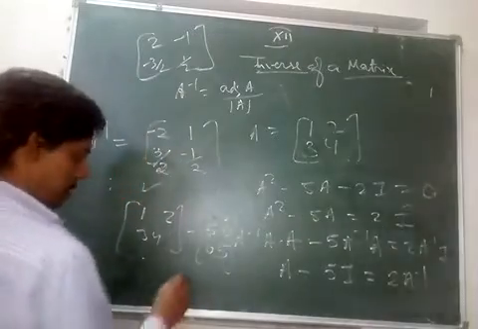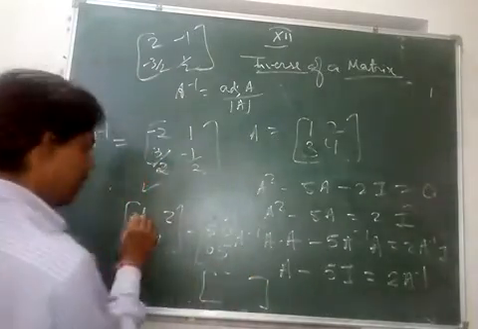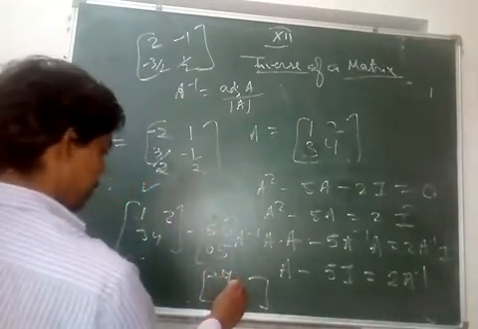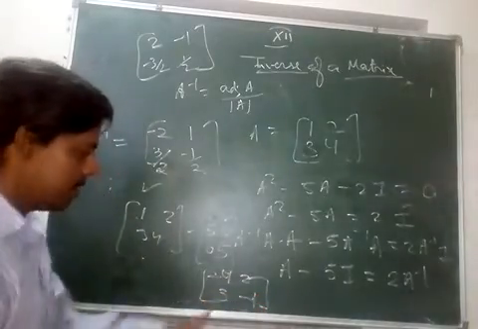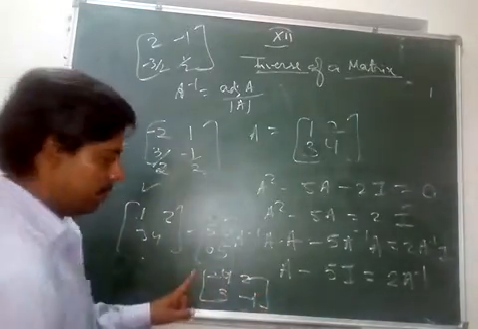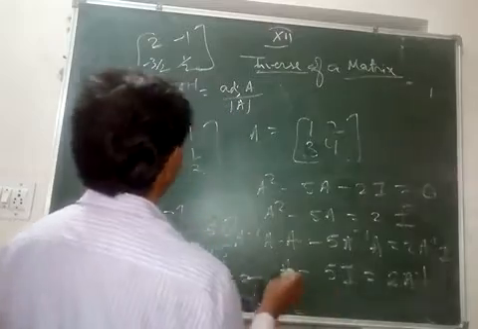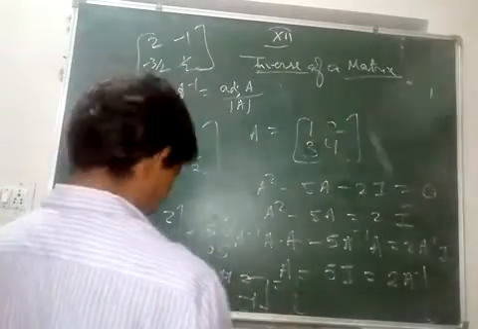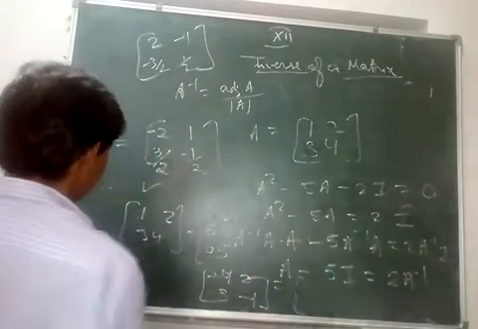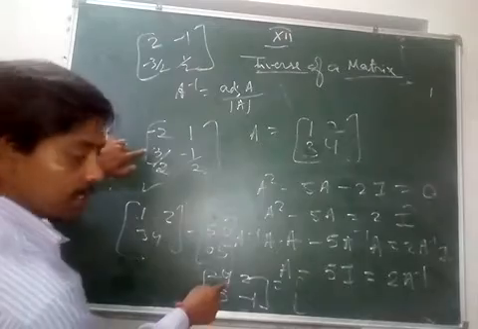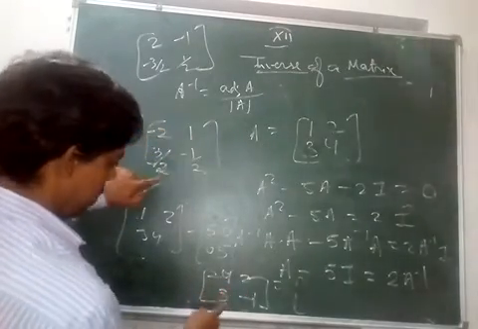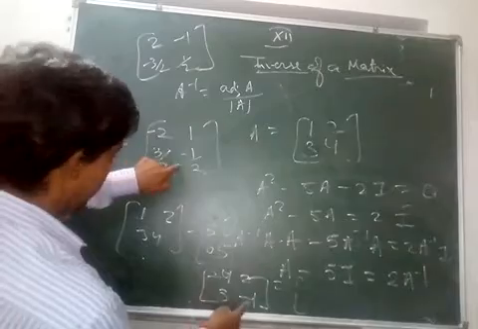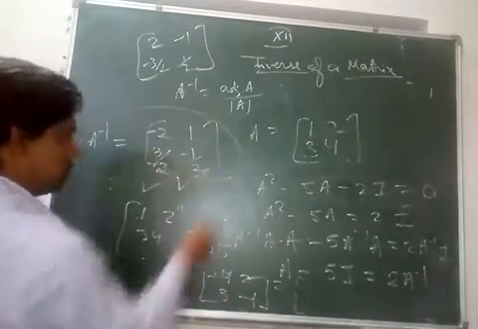Now subtract these two, you get minus 4, 2, 3 and minus 1. Now divide this by 2, what will you get? You will exactly get our answer, and I am writing it here, or you can just verify this. Divide by 2, minus 4 divided by 2 is minus 2, 2 divided by 2 is 1, 3 divided by 2 is 3 by 2, and minus half. So you are getting exactly the same answer.